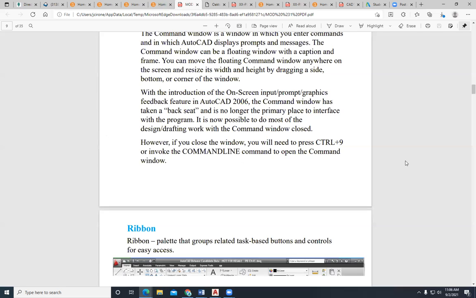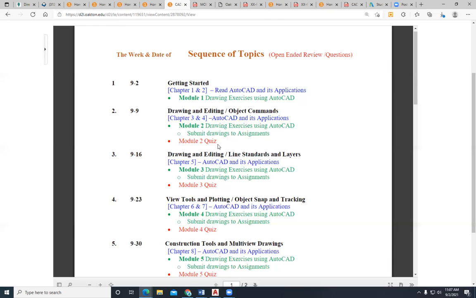When we get down to it, if you go down a little further, keep going, just a little further. Stop right there, please. There's one that says mod 1. If you click on that, it gives you a PDF of the information that we just talked about. Very good. It gives you some information on how to use the CAD system. All right, so that's the first assignment. Complete these 5 plates, save them, turn them into the assignment folder, and then as we look at the outline of topics,